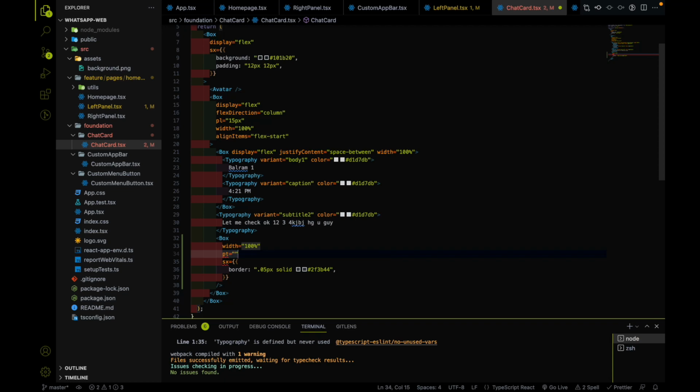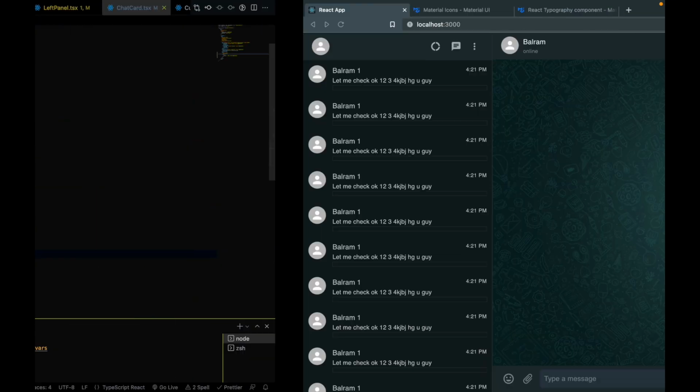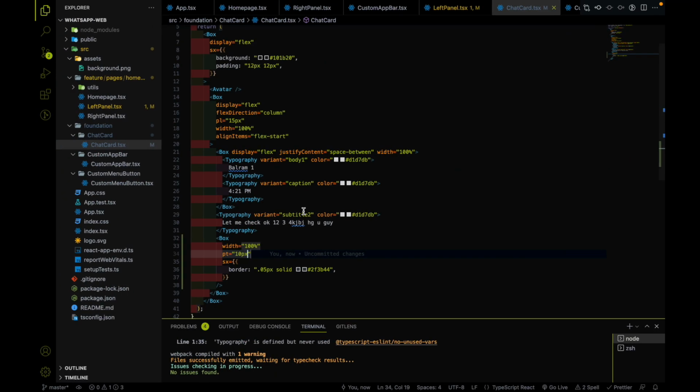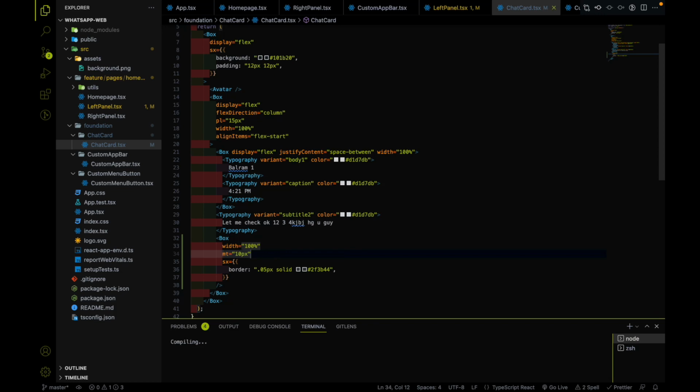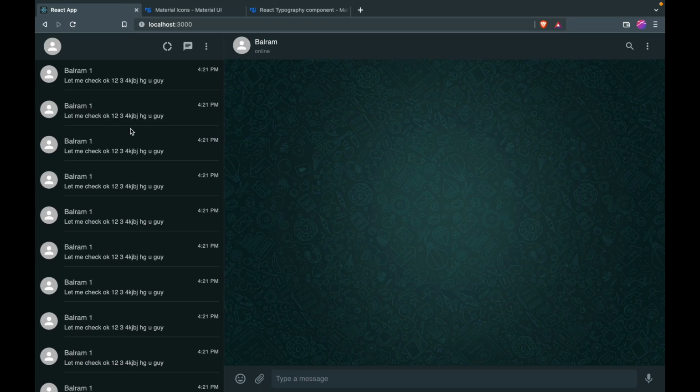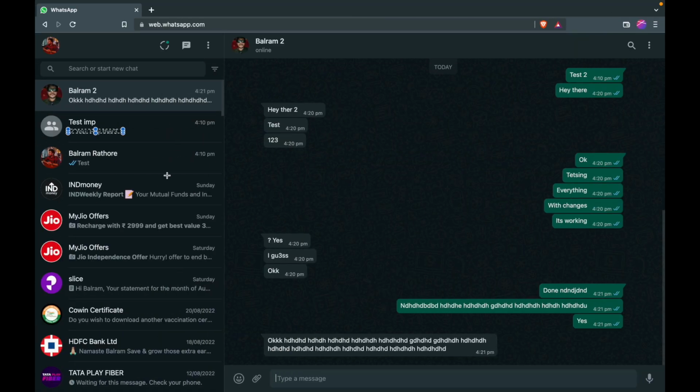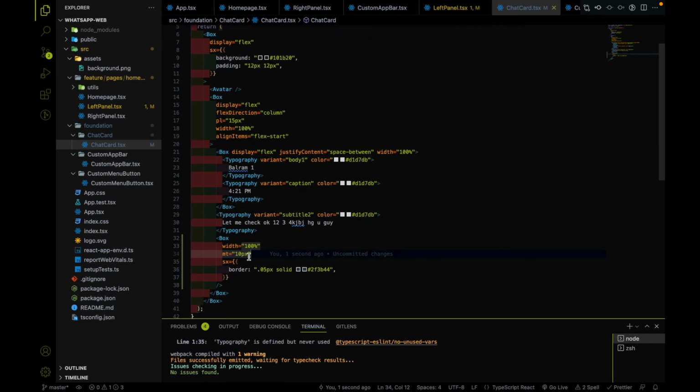Okay, so I'm going to give 10px over here. Oh, let me use MT instead of PT. Yeah, so we got some margin between these things, and I guess we need to increase this margin to 15px